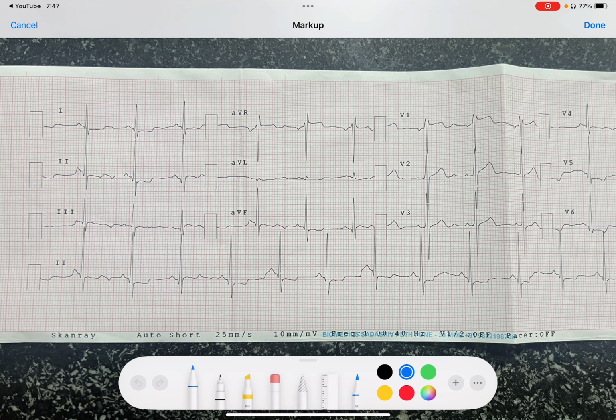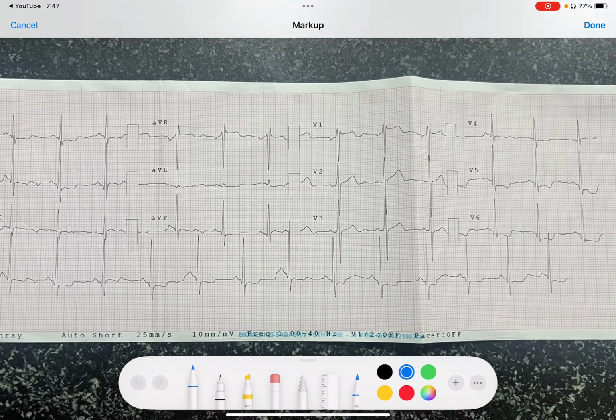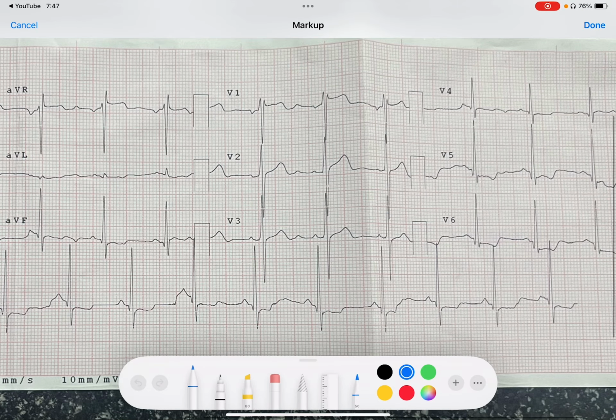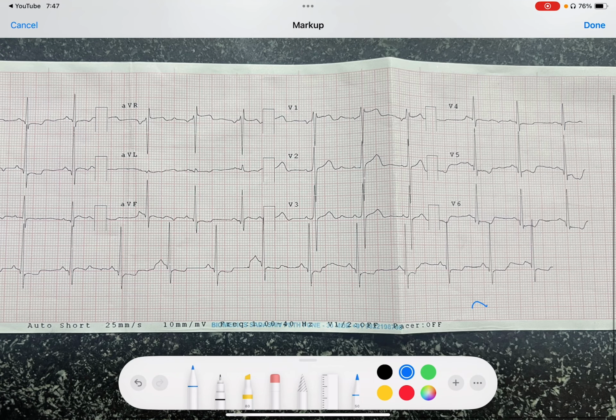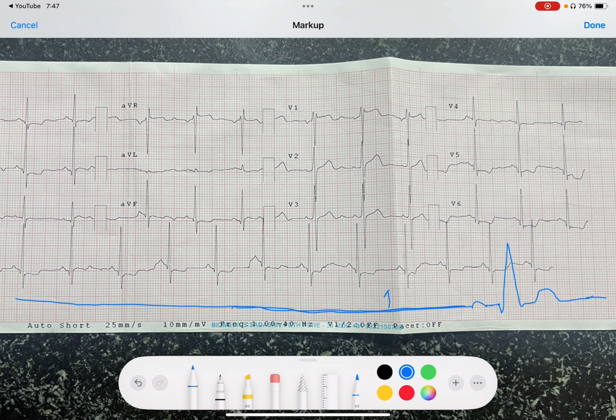So we know that this is an ECG where we see a positive P wave, then the PR interval, then Q, then R, then the negative wave S, then a positive T wave, and then the baseline. This is the most important line, the baseline. Above this is all positive, below this is all negative deflection.